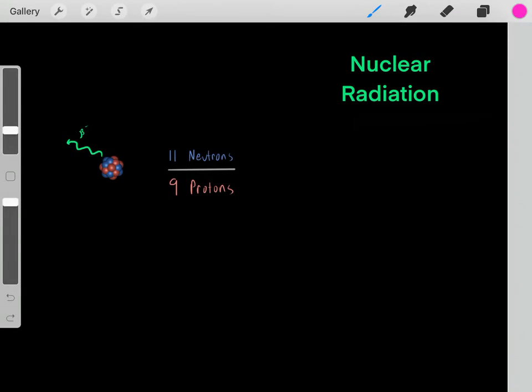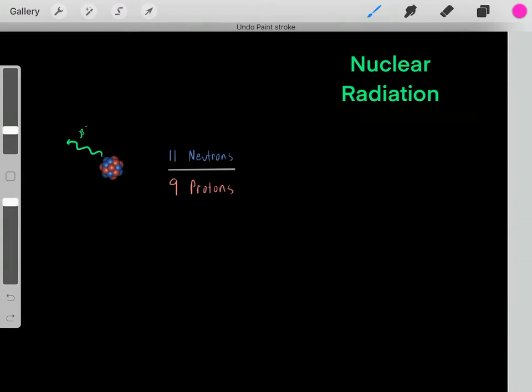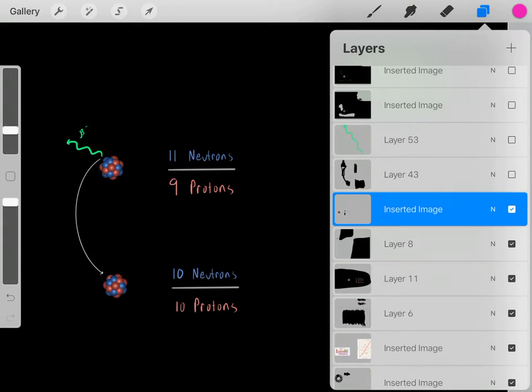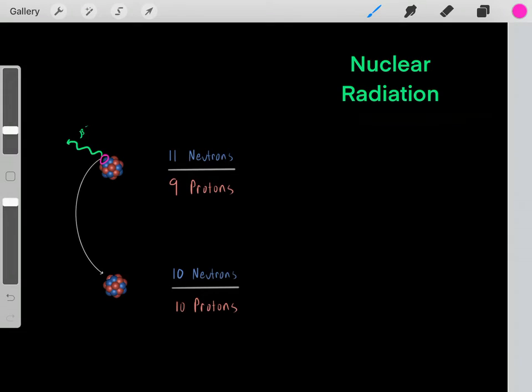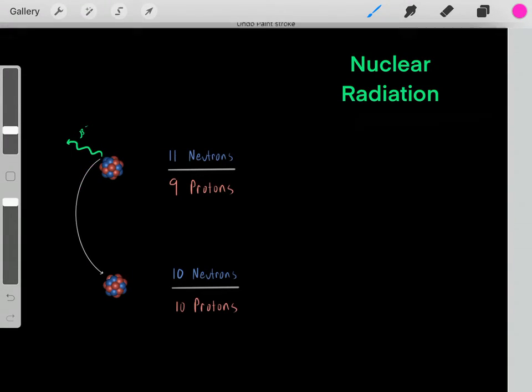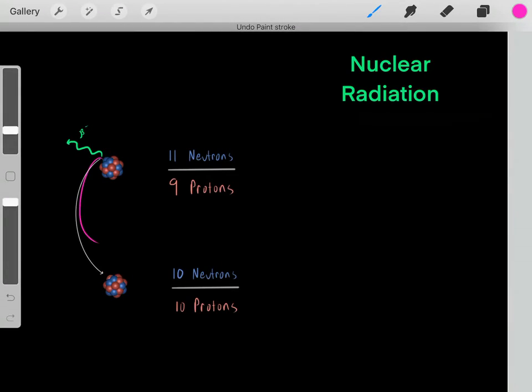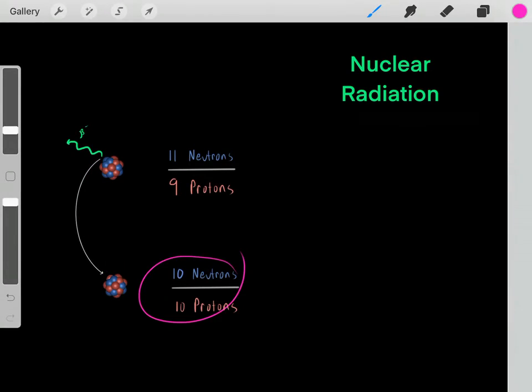And there are lots of different types of nuclear radiation. But maybe it emits a negative beta particle. So when it emits this nuclear radiation, essentially what happens is a neutron is converted into a proton. So again, the point is this atom has an unstable ratio of protons to neutrons, so therefore it emits nuclear radiation, and when it emits that nuclear radiation, a neutron is converted into a proton. So if a neutron is converted into a proton, we have a new ratio,